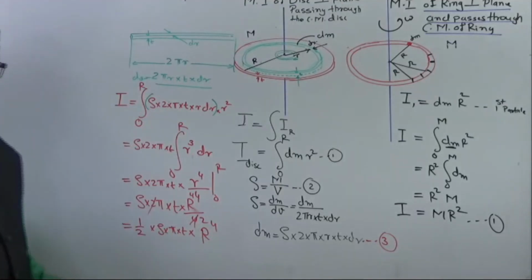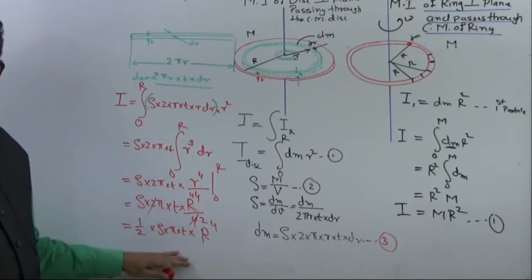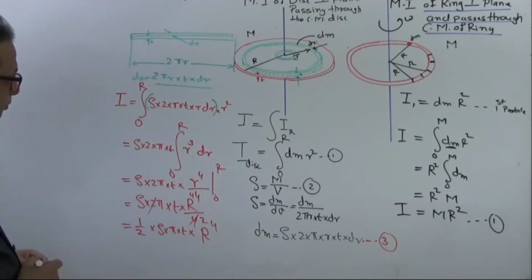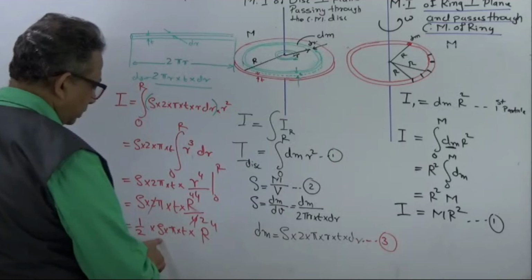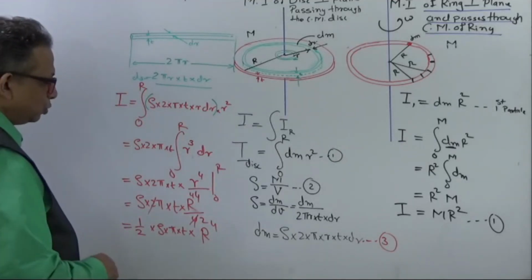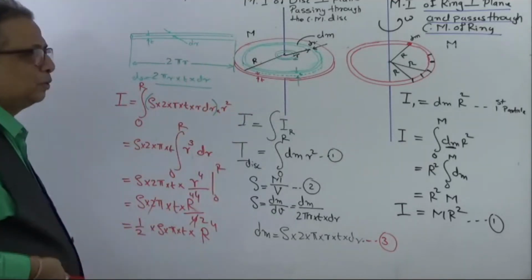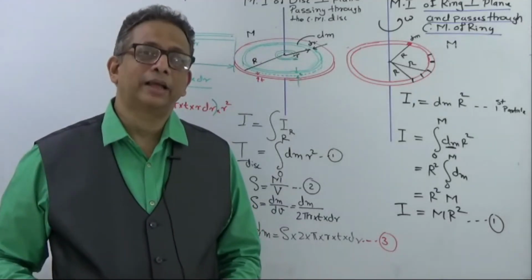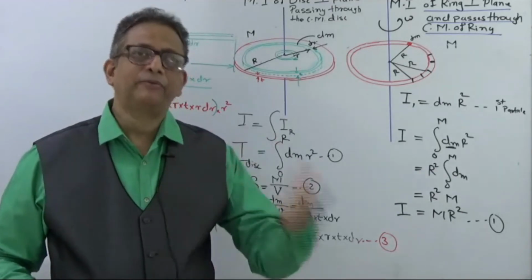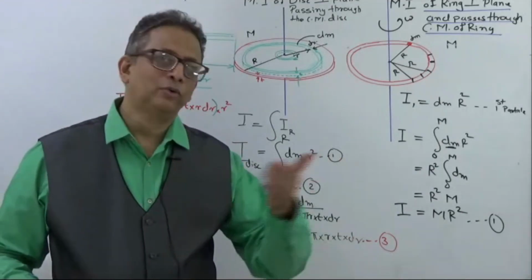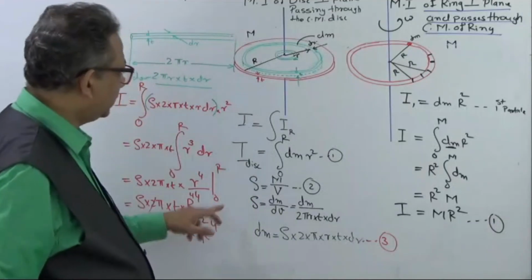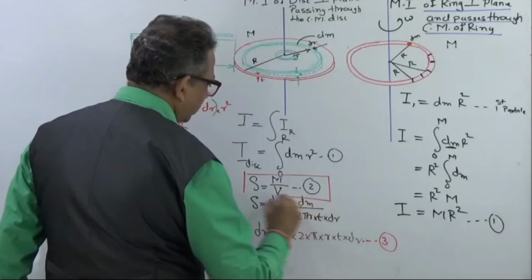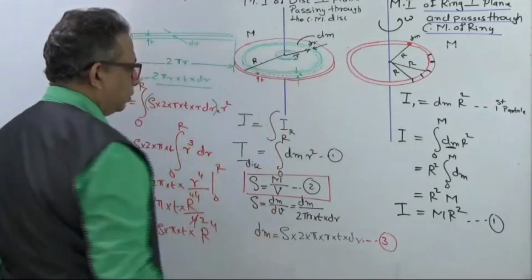Now here I don't want to make use of the density, so I want to remove this density. Because in the problem they don't give us the density, they just say that this is a disk of radius R and mass M. Density we have taken for our convenience, so we have to again eliminate that. So to eliminate that, I am going to make use of this equation, that density is equal to the total mass upon the total volume.